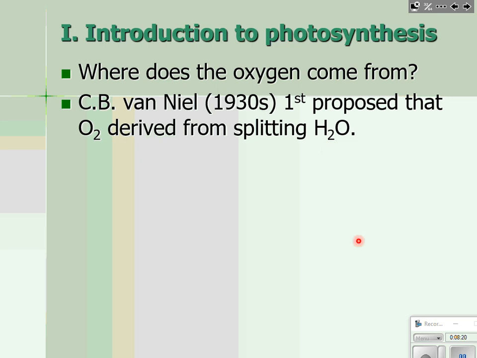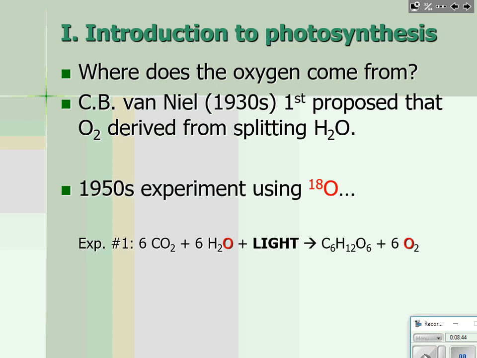The proof would come about 20 years later, when the technology finally arrived that allowed scientists to use radioactive tracing, the ability to trace the movement of radioactive isotopes. And so I'll explain that a little bit. So in the 1950s, about 20 years after Van Niel proposed the water splitting hypothesis to explain how plants give off oxygen, an experiment was done